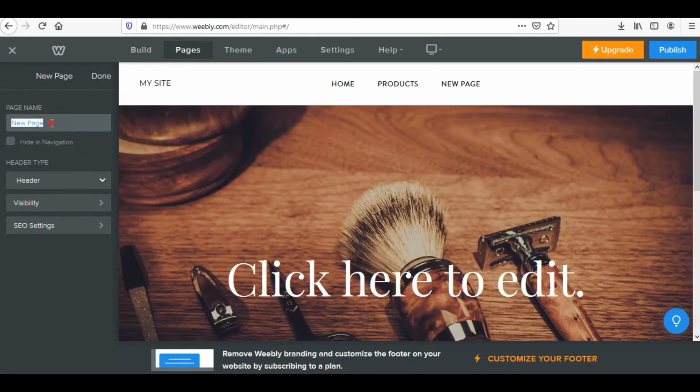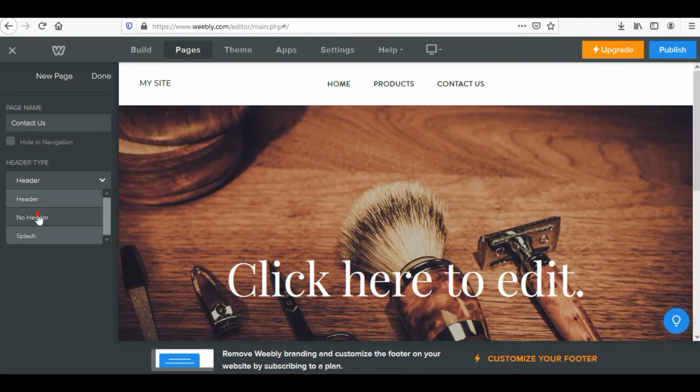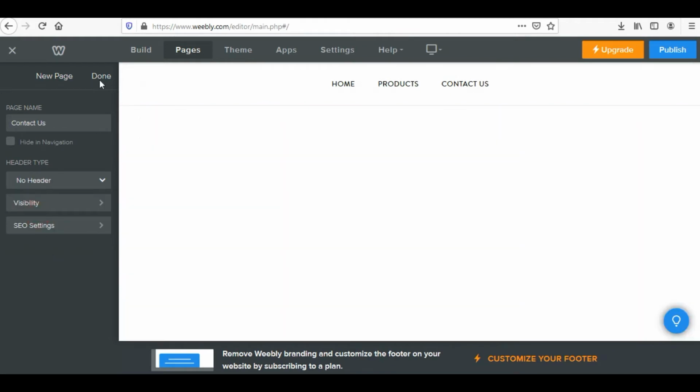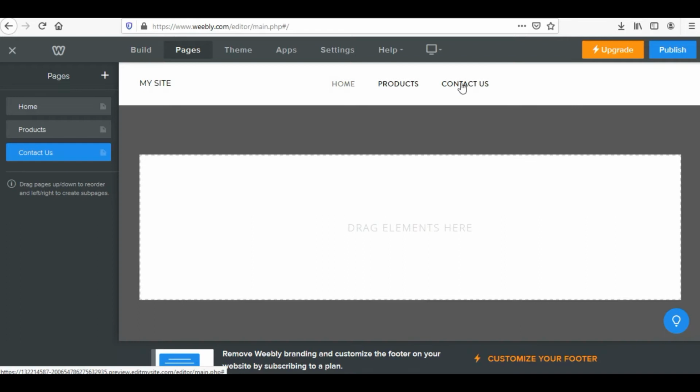So I'll name this page as contact us. And I also don't need any header on this page. So no header selected and I would click this button named done.